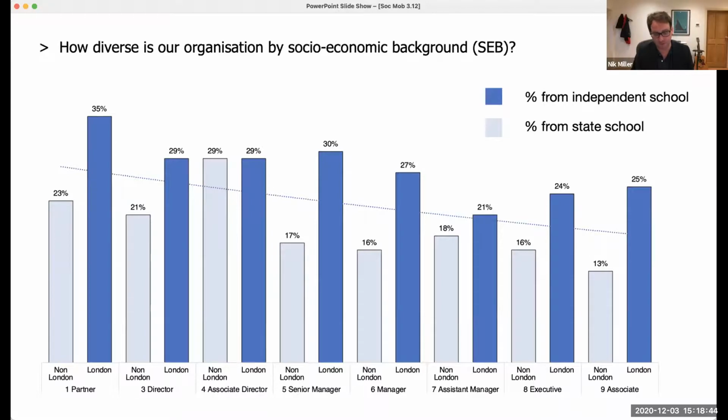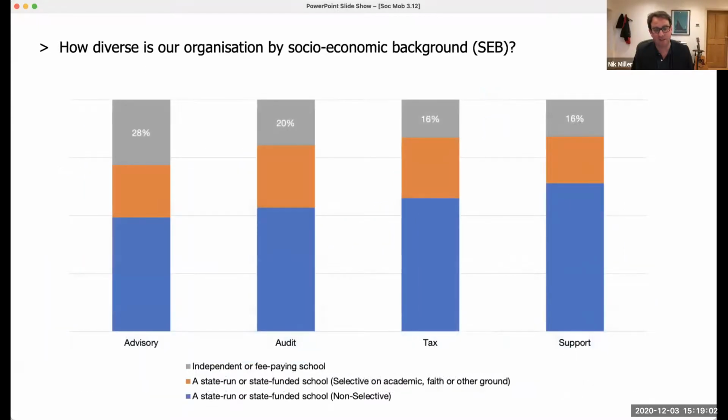And then starting to look at similar data by occupational area, and this will be more or less relevant to different organisations, but even some SMEs we work with have a diverse range of types of occupations. And again, this is a different large accountancy firm, and accountancy firms are typically made up of these 4 sort of professional areas, as it were, and we see this patterning typically in most firms that we work with. And there's a wonderful program, if you haven't come across it before, and I think Holly is on the line, Access Accountancy, where accountancy firms come together to share this data.